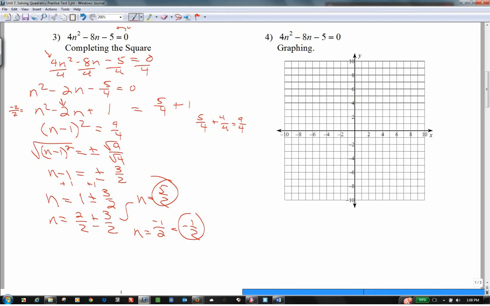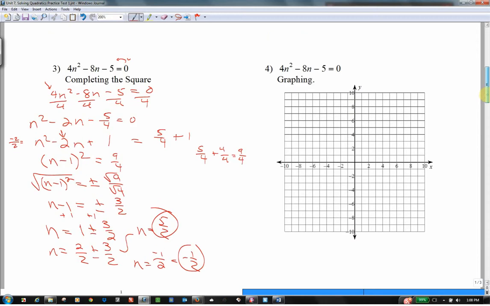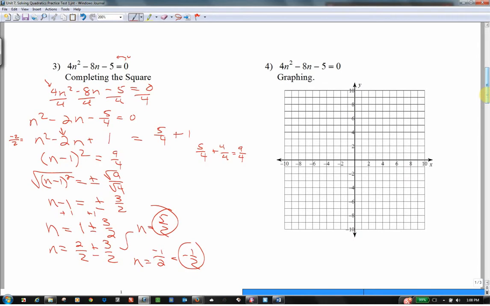Okay, the next one, we're going to graph this, and you could graph it and see the solutions. We can't do that because we don't have a graphing calculator, so we're just going to go back and graph it. Now, the way I'm going to graph it, there's two ways with this form. We have standard form, that would be the form that it's in. Right here is standard form, and you'd find x is minus b over 2a. I think an easier way, since I already have the zeros, 5/2 and a negative 1/2, I could use intercept form. So I'm going to think of this as actually being